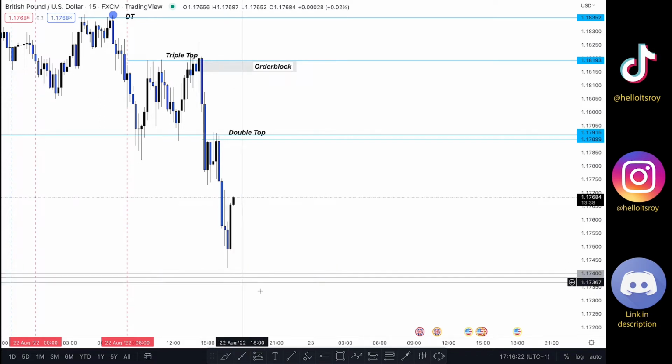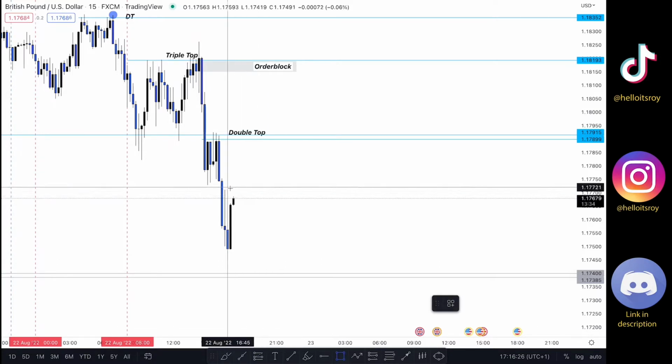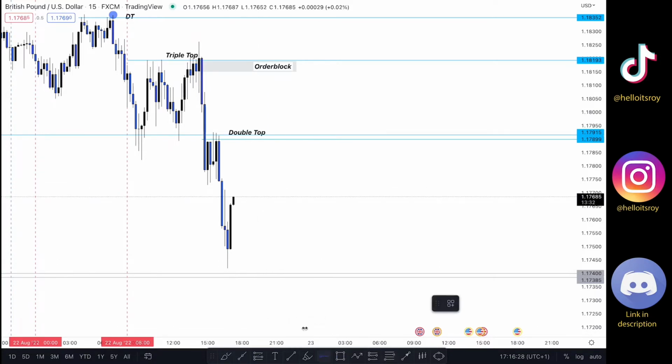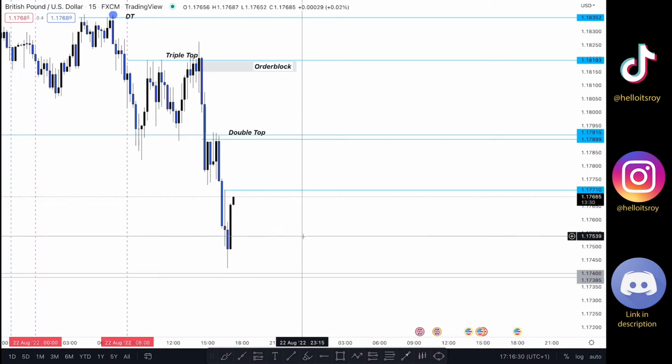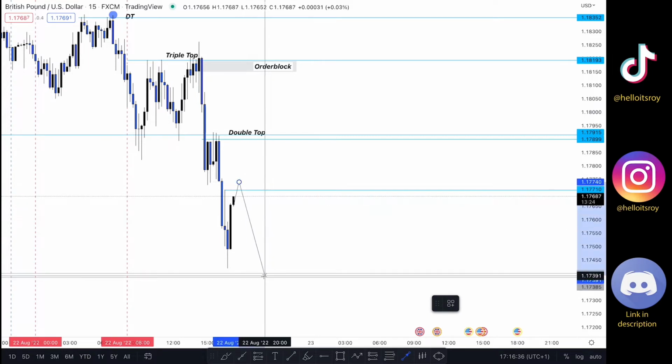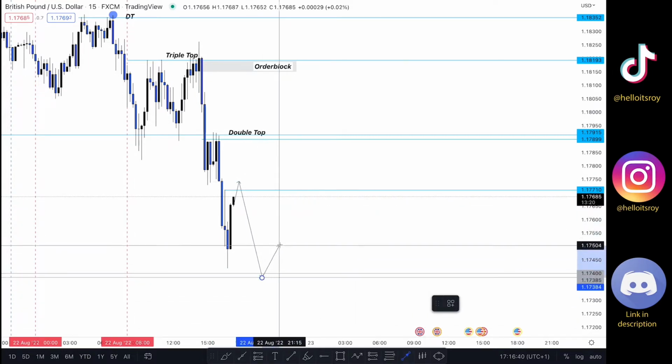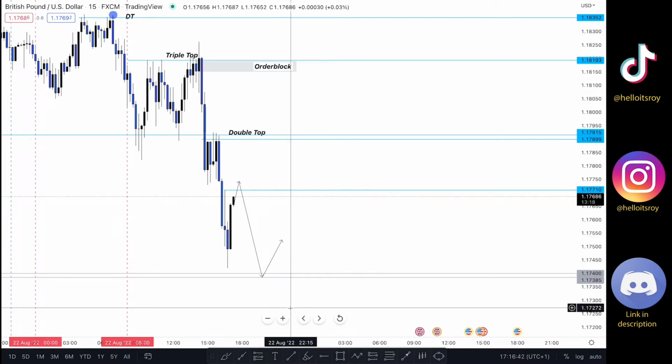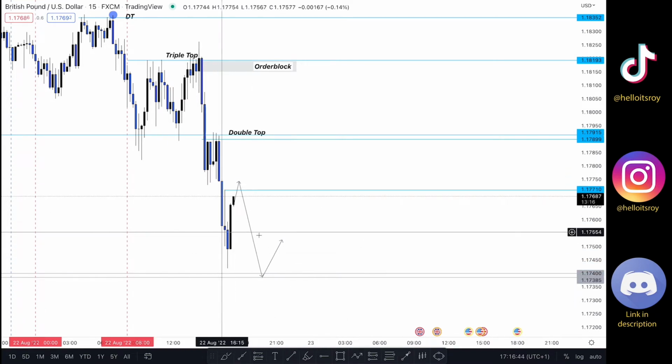So even though this low didn't hit exactly this line right here where I exactly want to buy, what I'm going to do right now is wait for the market to take out this high right here. And as soon as it takes it out, I'm going to take a scalp through to the downside, through to this area, and then try to take another scalp from this area through to the upside. And let's see how this goes, guys. So this is my next